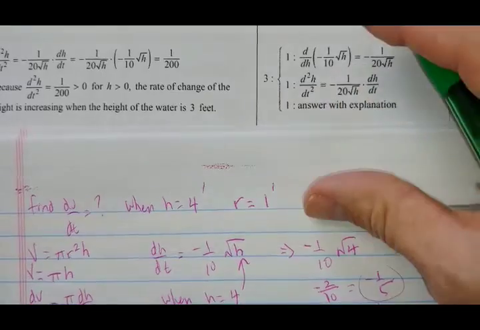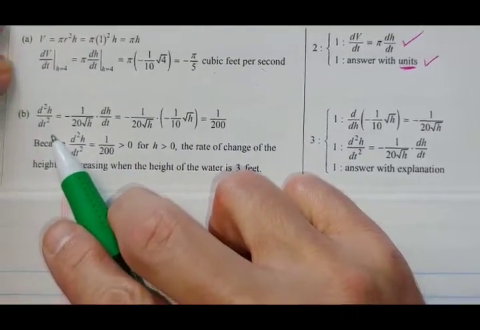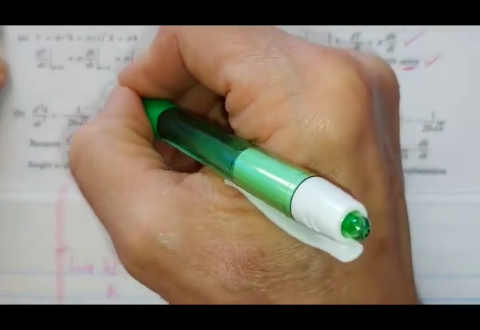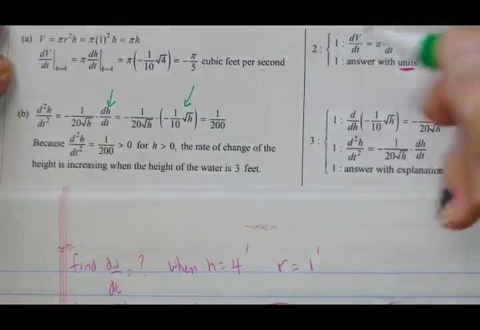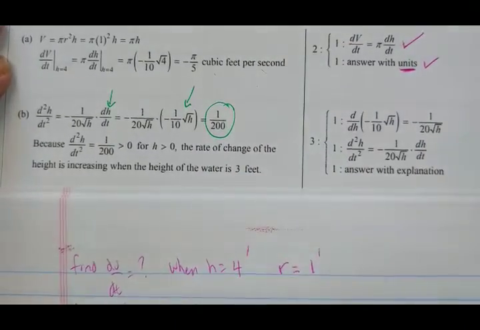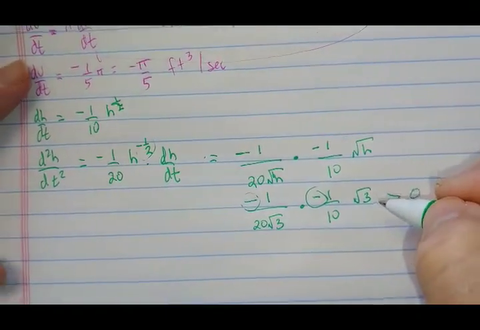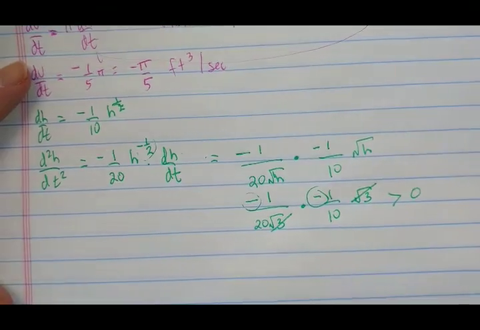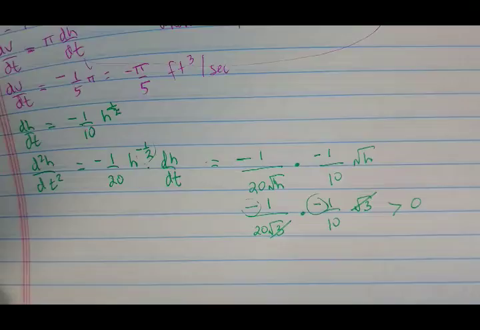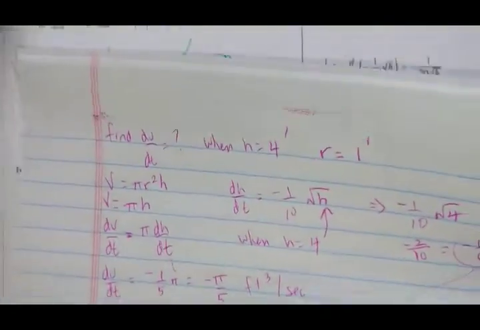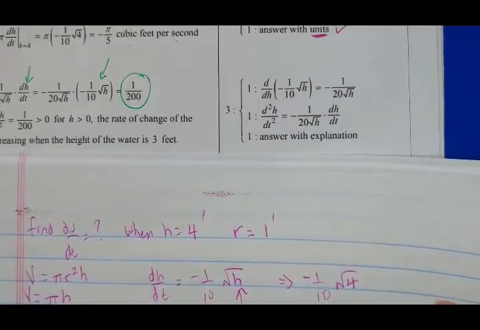So let's look at our scoring rubric right here. They did the same work that I did. Bring that down so you can see. So we find the second derivative. Here's our implicit differentiation. There's the substitution of dH/dt. Now they got 1/200, and I could get the same thing if you look at my work over here. If I divide the square root of 3 out with the square root of 3, I will also get 1/200th, but I really only have to show that the derivative that I just found is positive, or in this case, the second derivative. The points are awarded for,